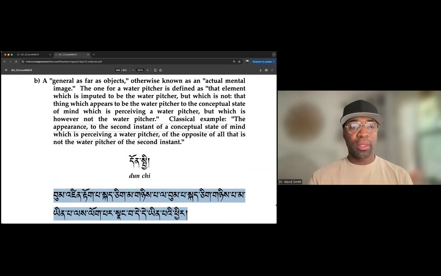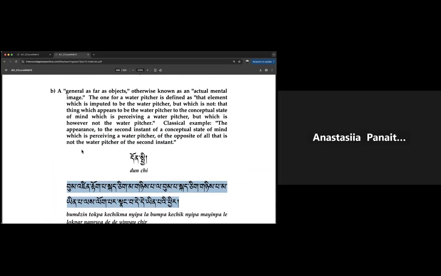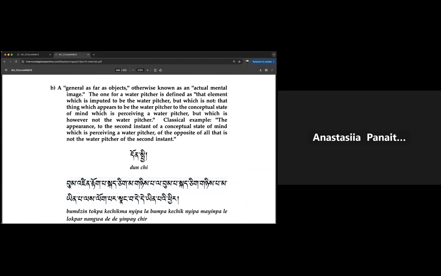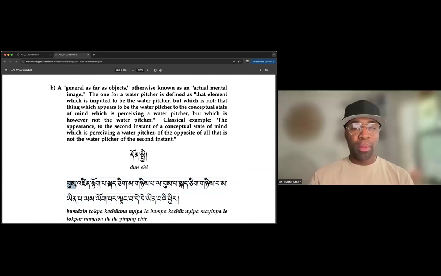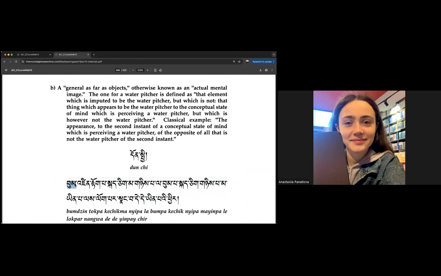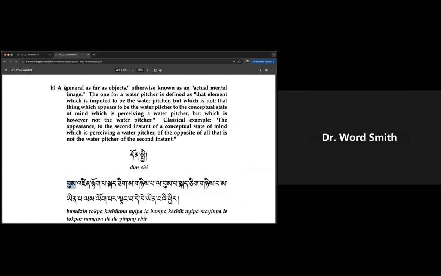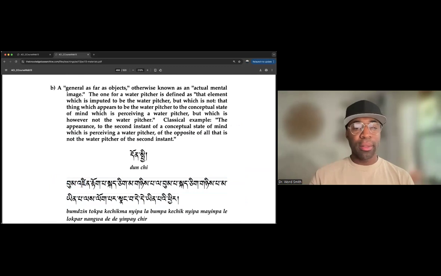You want to try to translate? Maybe. Pumpa. What's a pumpa? It is a cup, like a water pitcher. Yeah, exactly. To zin that,